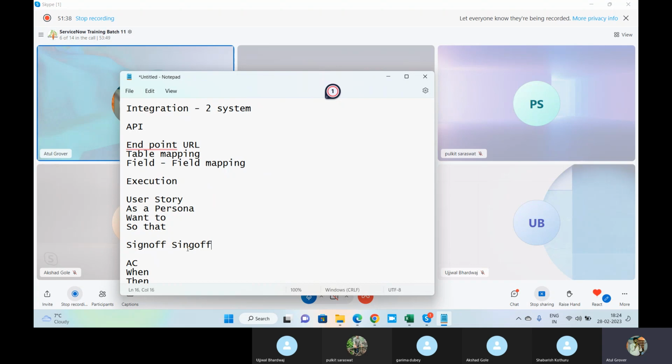When I went for testing, I did not notice because it looks almost similar. Sign off and sing off look almost similar until you look in depth. In the UAT, my stakeholder caught this and said, Atul, the spelling is wrong. I said, what is wrong? It's sign off. He said, no, it's sing off. Then in the retrospective, we found why it was wrong. My developer says, Atul, it's your fault. I said, how is it my fault? He says, you write it and we copy paste it.